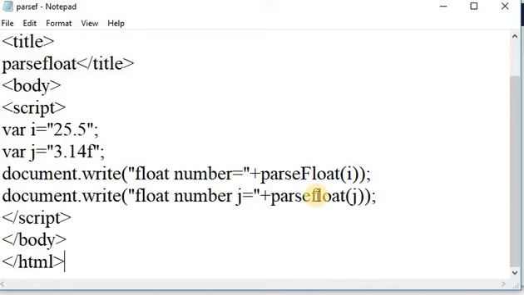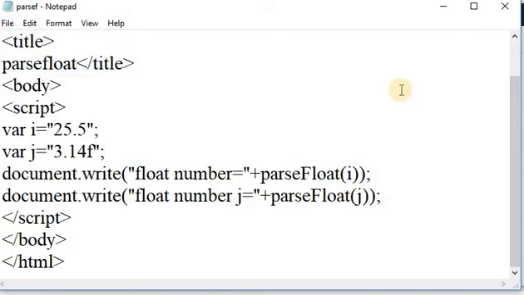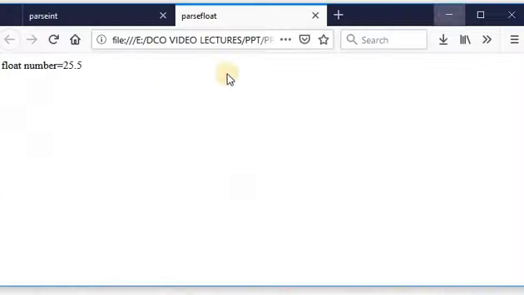Here I am not taking f in an uppercase letter, so this result will not display on a web page. Here I am taking f as f in an uppercase letter. Save this file and see the output. It returns float number j is equal to 3.14 on a web page.